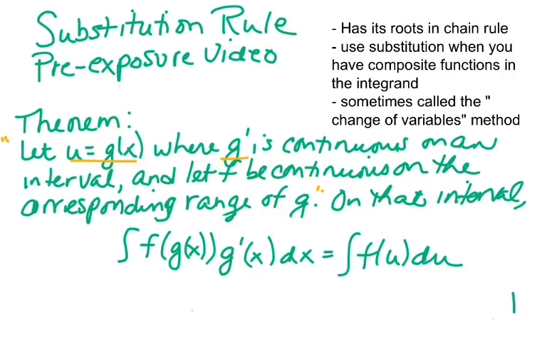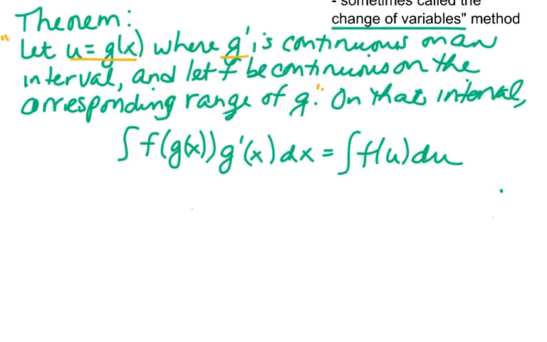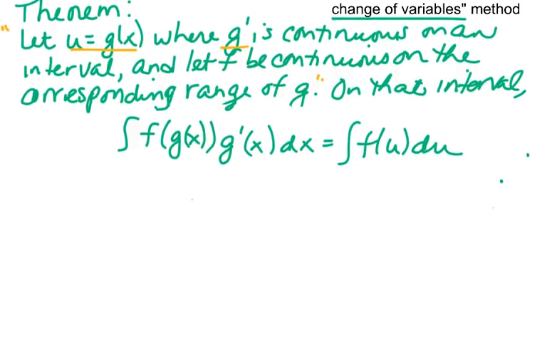This is sometimes called the change of variables method. And I know when I first learned this technique that was what I had been told it was called. So if you hear that verbiage, it's the same thing. I want to present the formal theorem for you and then try and explain what it is that they're telling us here. So we're going to let u equal the function g of x in this integral,